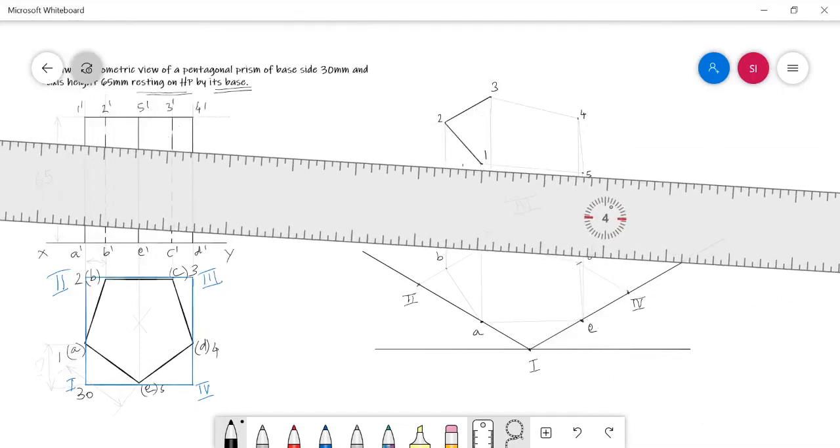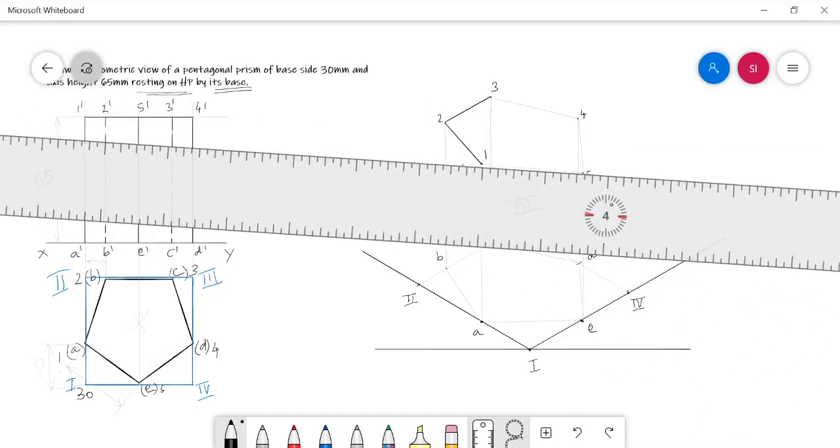The face edges, all face edges are visible.